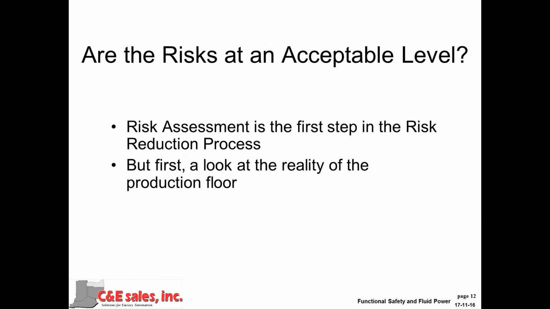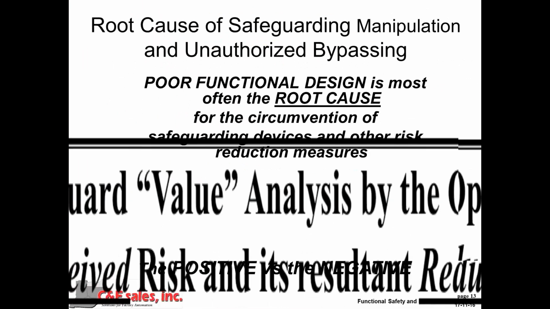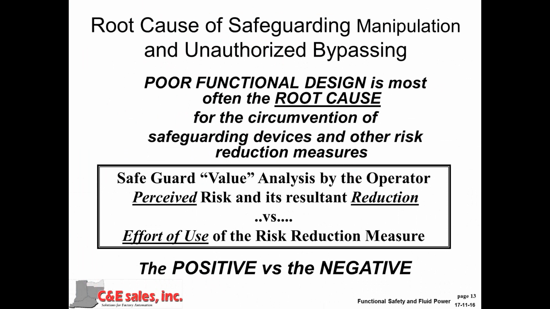Okay, let's go ahead and talk about getting to an acceptable risk level. The risk assessment is always the first step in a risk reduction process. But just for a moment, let's take a look at some of the realities from the production floor. There are a lot of instances where the safeguarding measures which have been employed have been circumvented or bypassed by the operator. One of the leading causes of this is that the